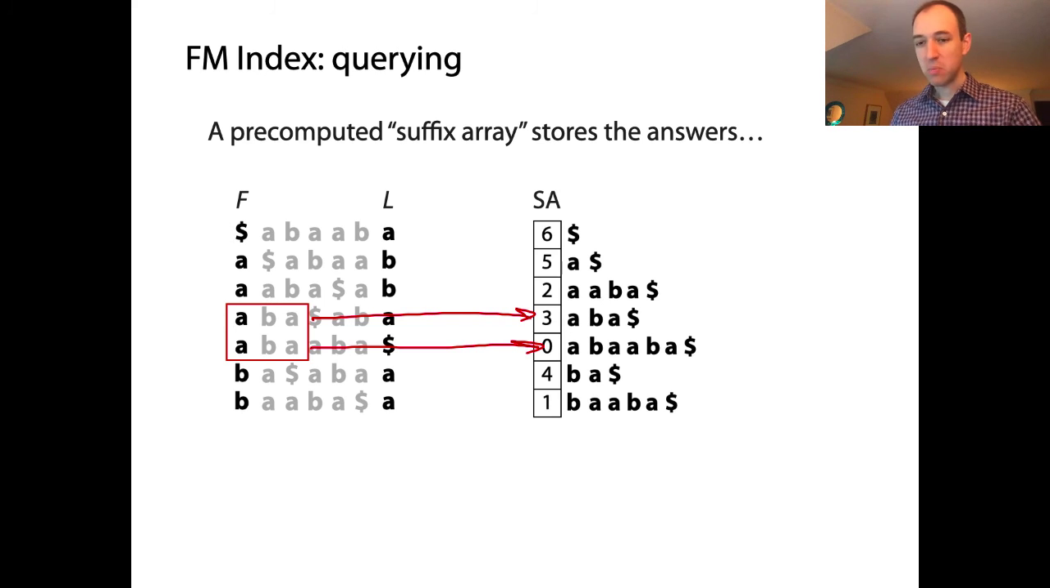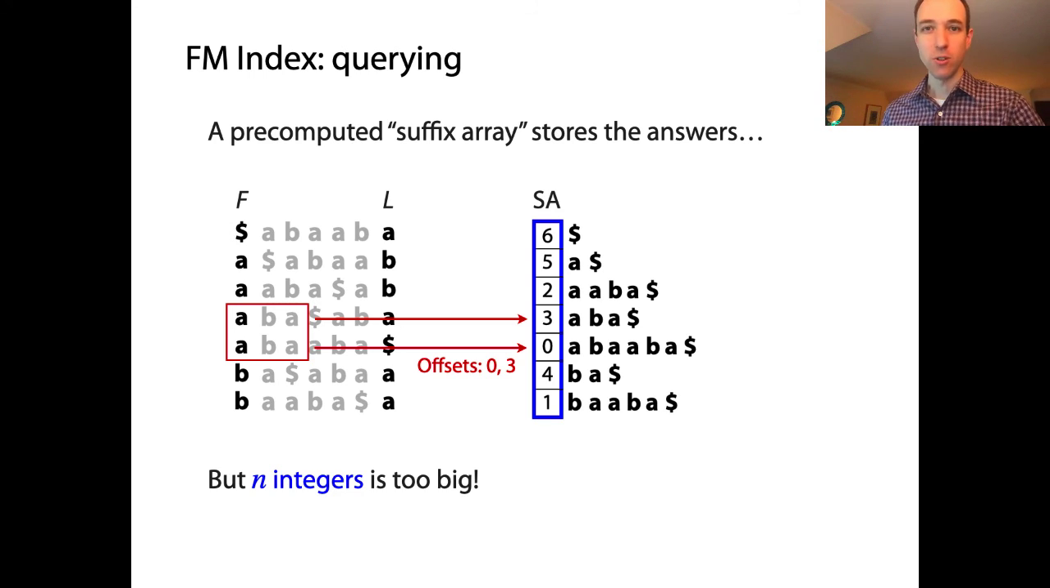We don't do this because n integers is too big. We don't want to store an integer for every character of the text. That's way bigger than the Burrows-Wheeler transform, right? Because the Burrows-Wheeler transform is nothing but a permutation of the characters of the text. And let's assume for a moment that the alphabet's pretty small, like the alphabet might be DNA. Therefore, a permutation of the text is no bigger than the text,